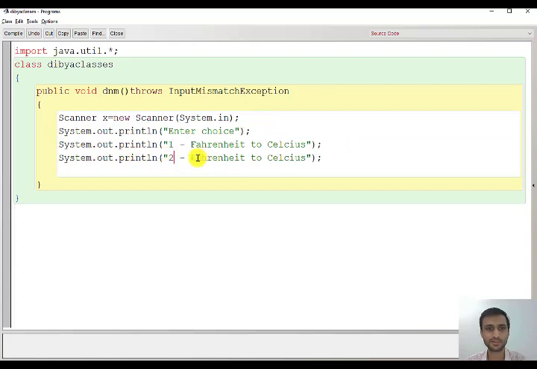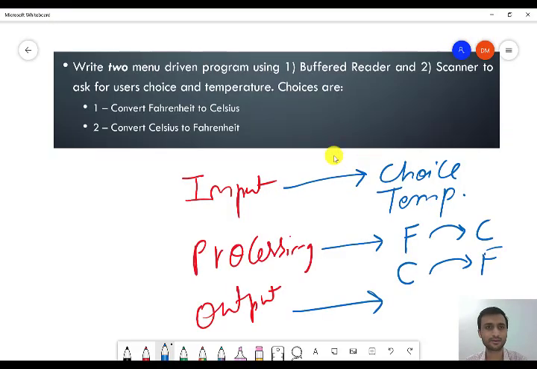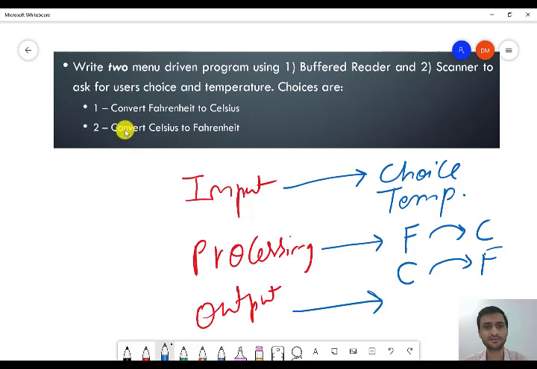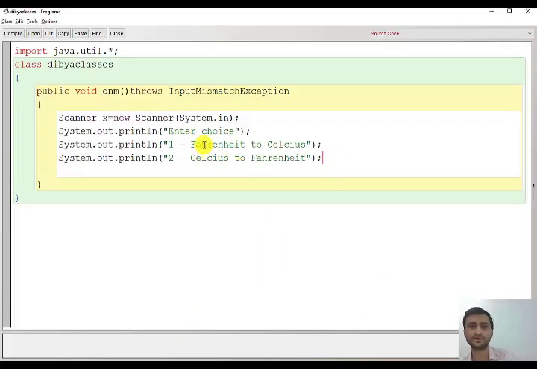Second choice is just the opposite, that is Celsius to Fahrenheit. Clear? Convert Fahrenheit to Celsius, and the second one is convert Celsius to Fahrenheit. So if the user gives the choice as 1, you have to convert Fahrenheit to Celsius. If the user gives the choice as 2, then you have to convert Celsius to Fahrenheit.